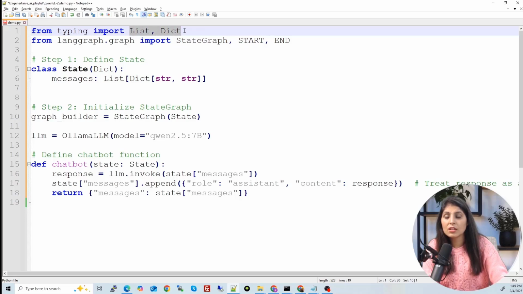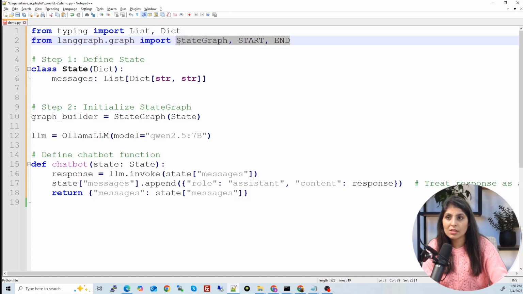Because List and Dict are required when we are going to create state in LangGraph. State simply means the memory of a chatbot where the messages of user and bot will be stored. And then we are importing these three things: START, END and StateGraph from langgraph.graph. I'll tell you in a minute why we are importing them.